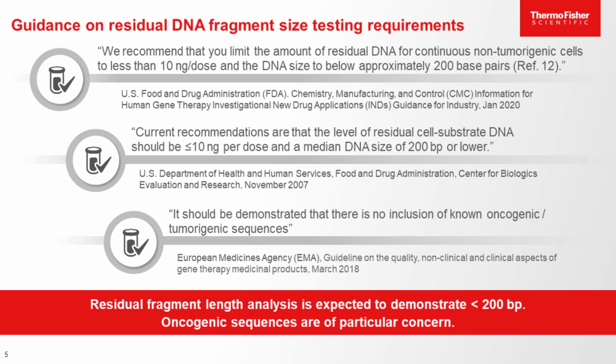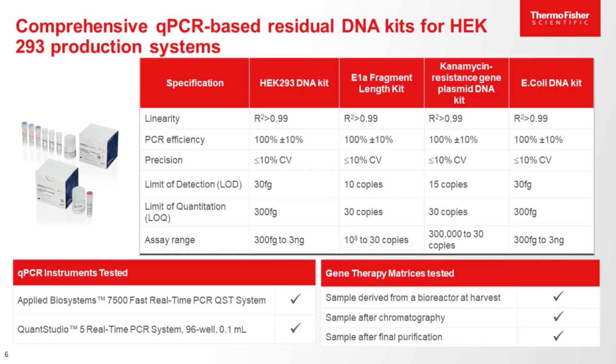And now this is a specific concern if your viral vector product is derived from a cell line like HEK293 or HEK293T, because of the E1A and also SV40 genes that are part of that host cell. So now, to address exactly these requirements, let's have a brief look at the assays that we currently have, qPCR